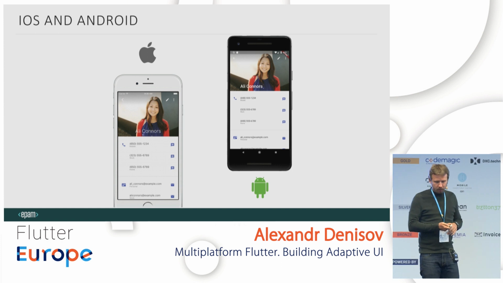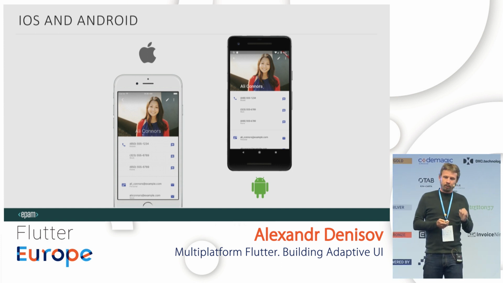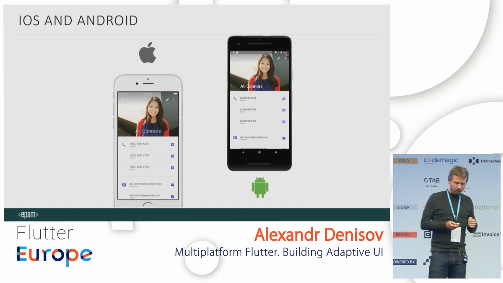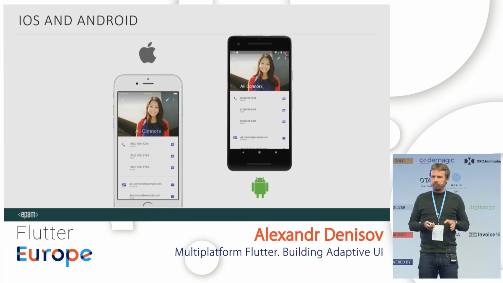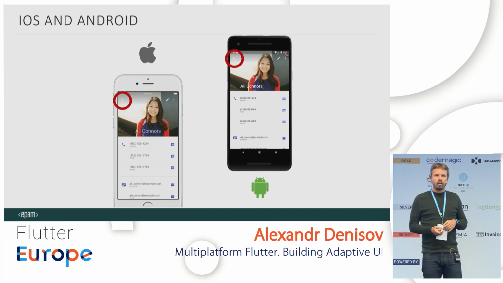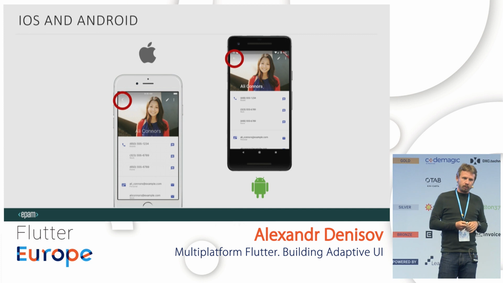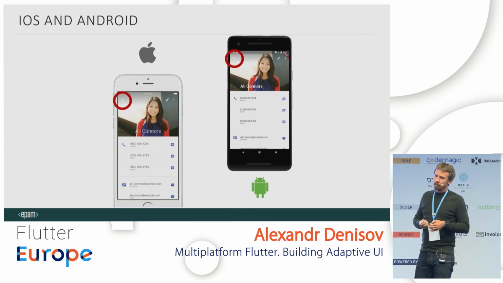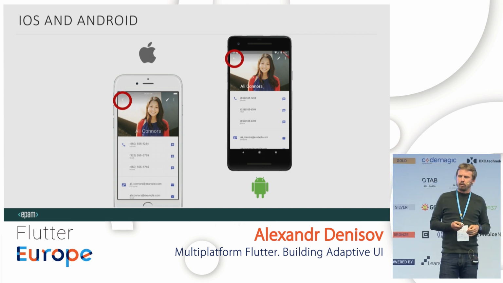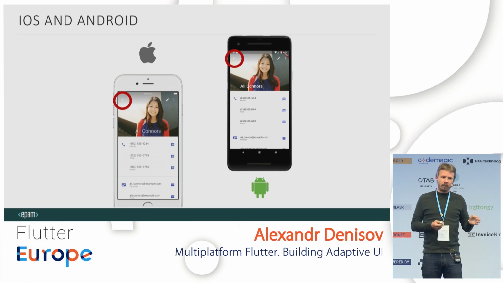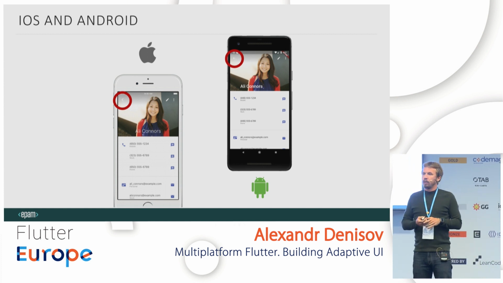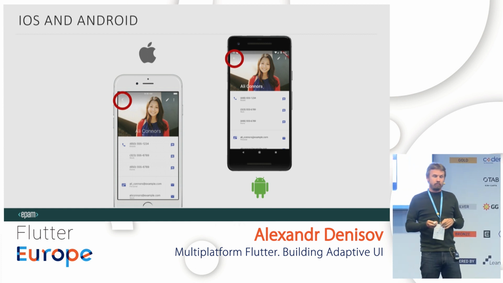If you just run the same Flutter code on iOS and on Android, the UI will be almost the same, except some points that Flutter builds itself by default, depending on the platform. For example, back button. In Android, it looks like an arrow. In iOS, it looks like a bracket. And some other things, such as alignment of text and app bar, and so on. But all other elements will display the same.